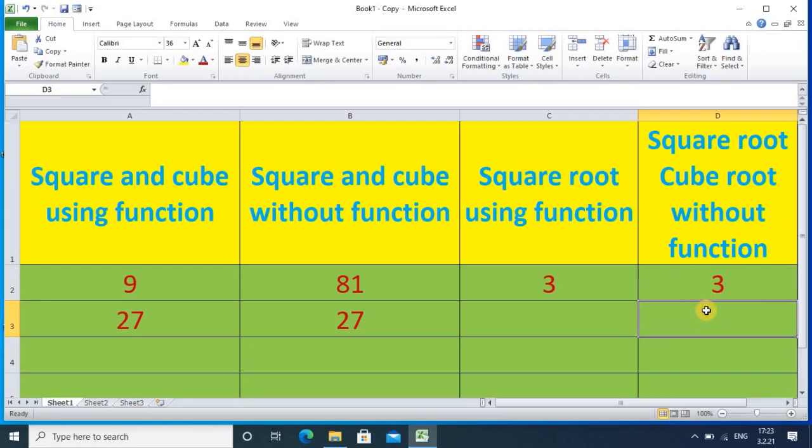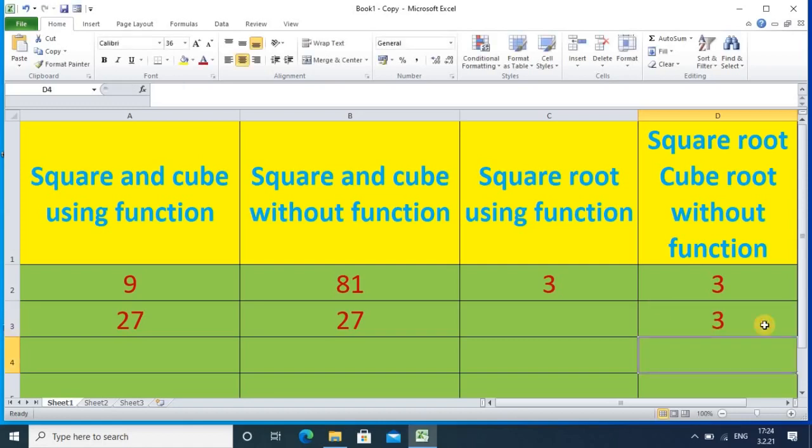It's quite simple. We will follow the same procedure for the cube root. For the cube root I am taking the value 27, and then you have to use the power symbol as it is, and in brackets you have to use 1 upon 3 and then close the bracket. The power symbol is required, but in place of the power 3 you have to write 1 upon 3. If you want the square root, you have to write 1 upon 2. If you want the cube root, you have to write 1 upon 3. It should come 3, so our answer is correct.